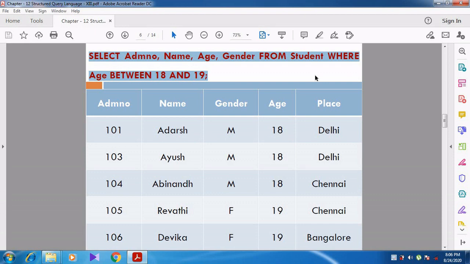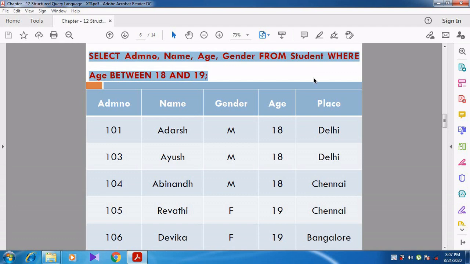We are going to select the columns admission number, name, gender and age from the student table, and then specify the condition: where age should be between 18 and 19. The records which fall under 18 and 19 will be displayed, and the other records are hidden.